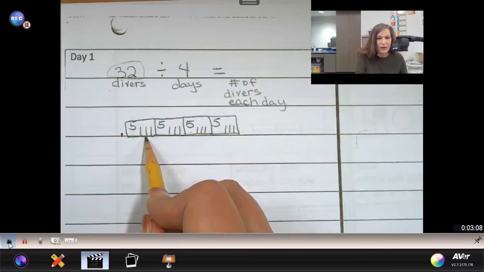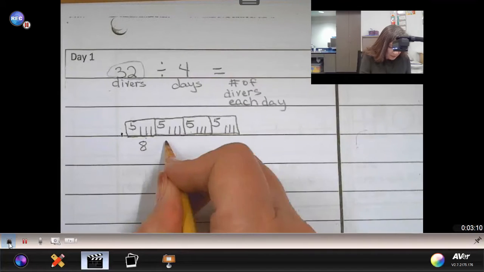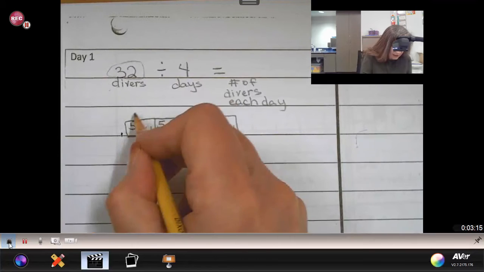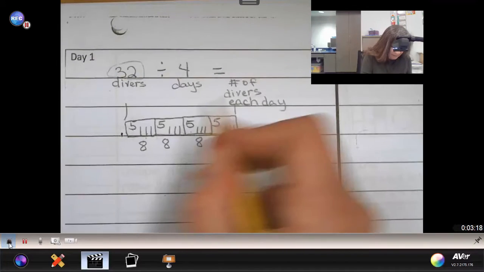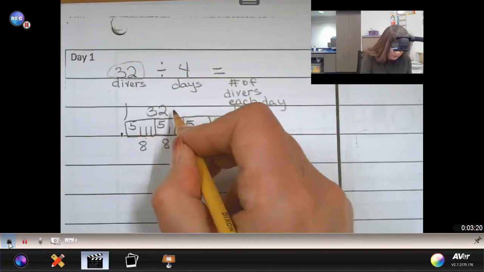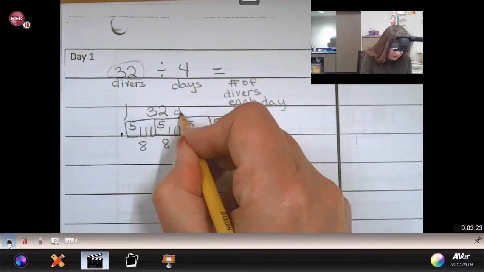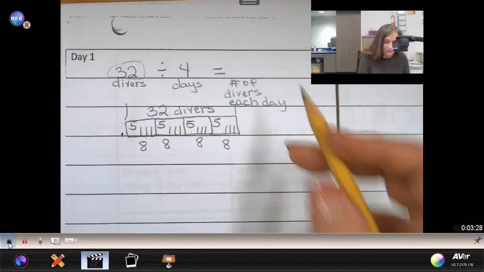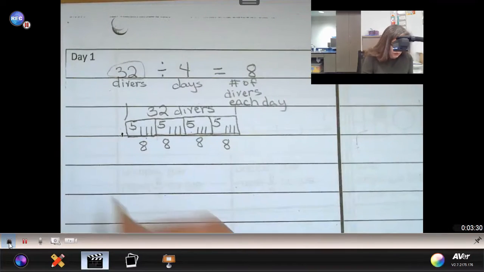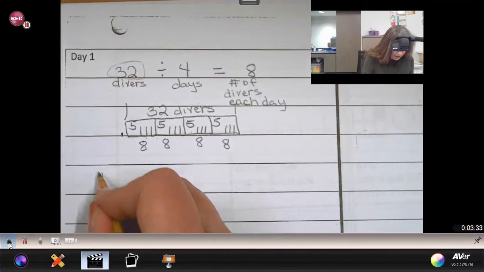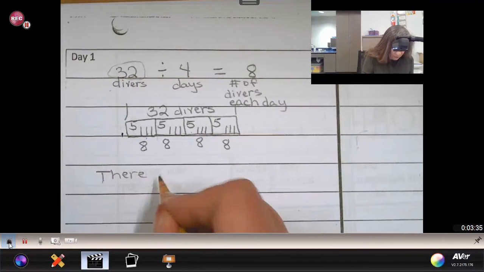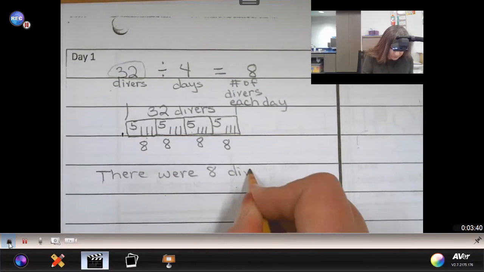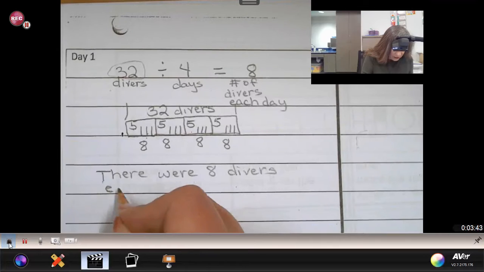So 5 and 3 makes 8. And each day there were 8 divers that dove. So 32 divers broken up between the 4 days. That means that we have 8 divers each day. So we could say there were 8 divers each day